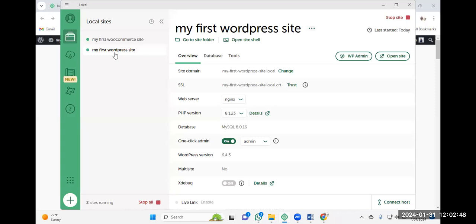My first WordPress site is one. This is the WooCommerce site here. This is also getting ready. Like that, you can add a number of domains. Whatever you want to give as the domain, it will take it, because Local is an extension on that. You may not have that many domains connected, so you simply get the chance to connect your domain here.